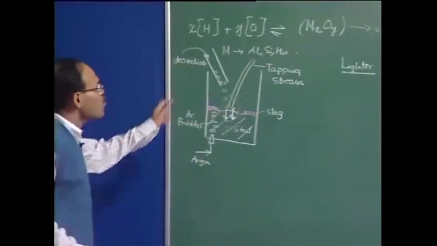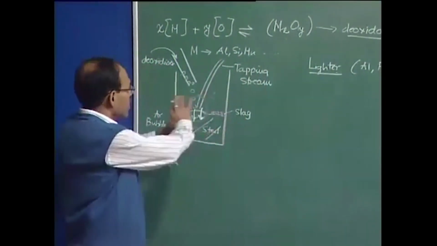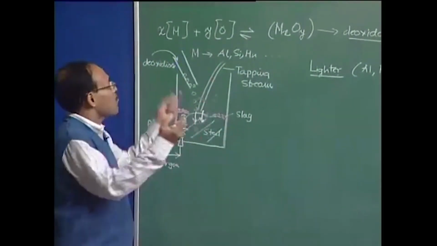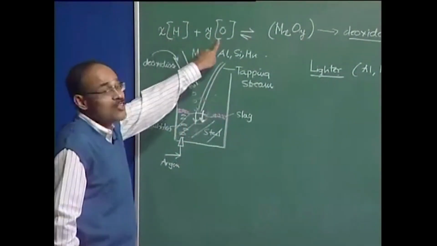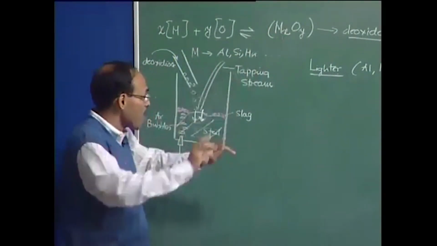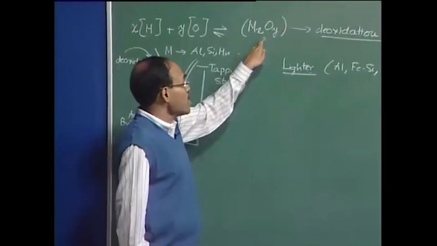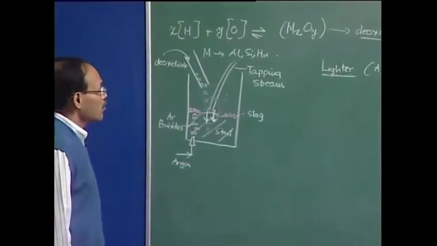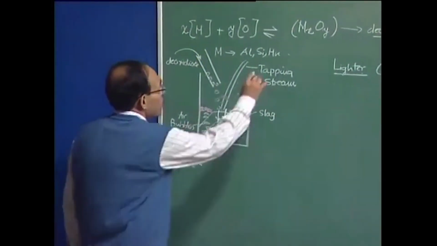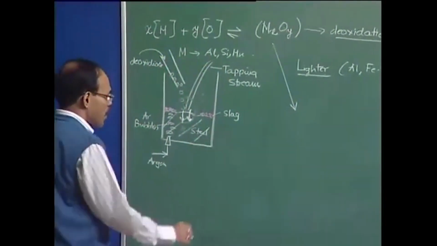And if we assume that the deoxidation product is in a pure state, meaning there is no compound formation here, so if aluminum is added, aluminum reacts with oxygen and pure alumina forms. There is no calcium aluminate or aluminum silicate, etc. No other phases are present. In that case, we can consider the activity of the deoxidation product to be 1. And we assume that the reaction is under equilibrium,